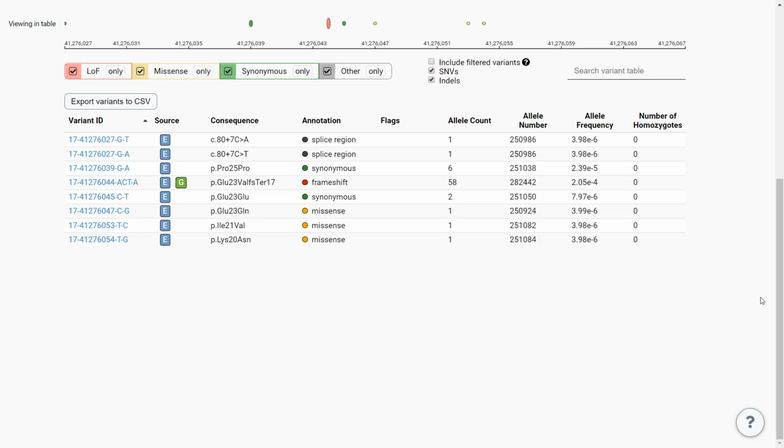gnomAD integrates sequence data based on individual sequencing projects of distinct populations. By clicking on the variant in the table, we can see the allele frequency in different populations.